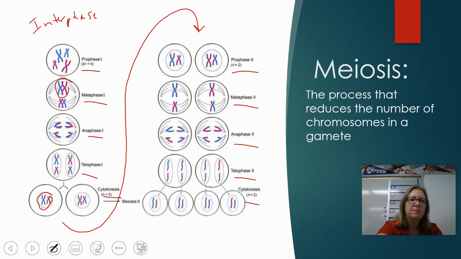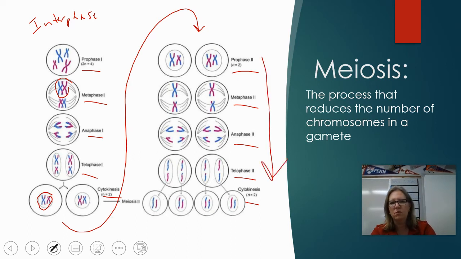And then these steps are very similar to normal mitosis. The chromosomes line up on the equator, and then those chromatids are split. And so what you wind up with after both of these sets of prophase, metaphase, anaphase, and so on, you wind up with 4